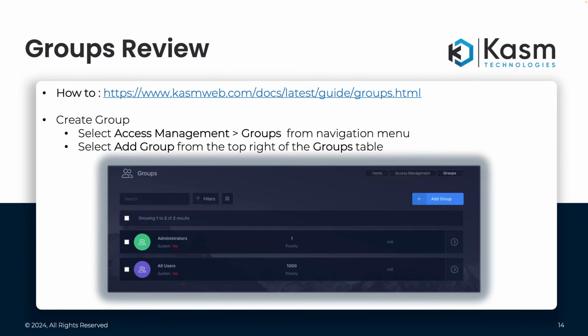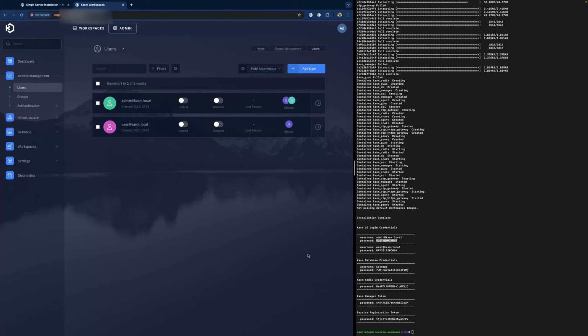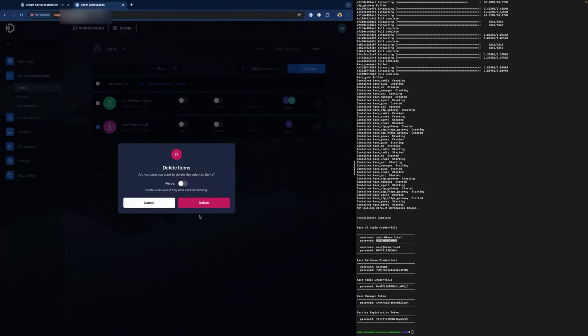It functions like a typical group construct you encounter across most software. You will leverage groups to help organize and define settings for different sets of users. So let's go ahead now and create some users. So actually, you know what? I'll follow the best practice here, and we'll just go ahead and delete this user account because we will not be using it.